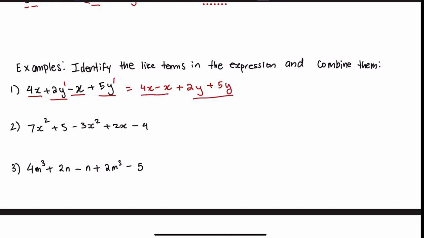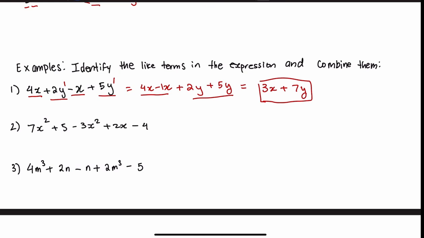So this 4x minus x, so this is going to be 1. So when it comes to solving down, then you don't have to worry about the exponent and the power too much. All you have to worry about is the coefficient. So 4 minus 1 is just going to be 3, and you can just leave the x by itself. You don't have to do anything to x other than just write it down. 2 plus 5 is going to be 7. So this will be 7y. So this is going to be our final